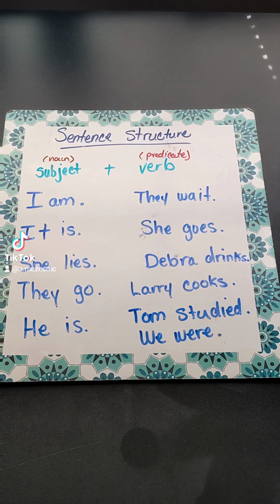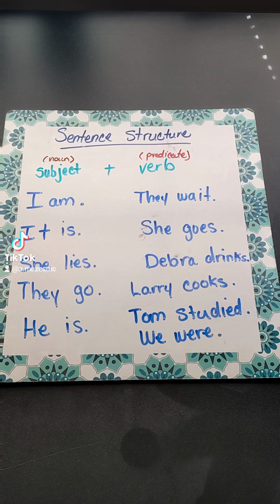All right, welcome class. So today we're talking about sentence structure. The most basic sentence needs a subject and a verb, okay? Also known as a noun and a predicate. In order to have a complete sentence, the verb must be what they call a finite verb, such as the